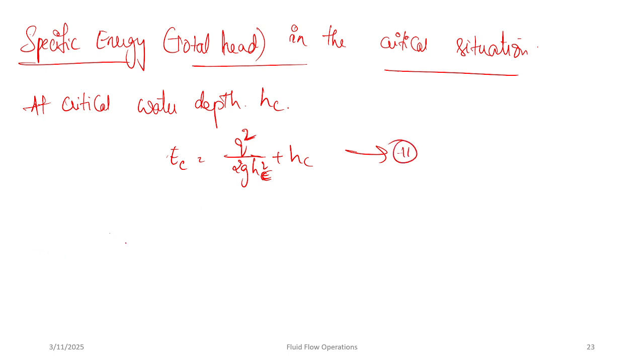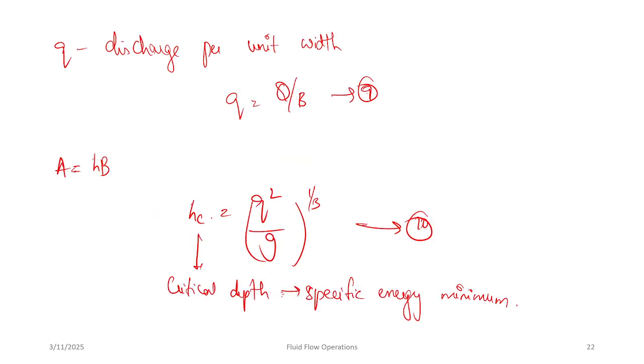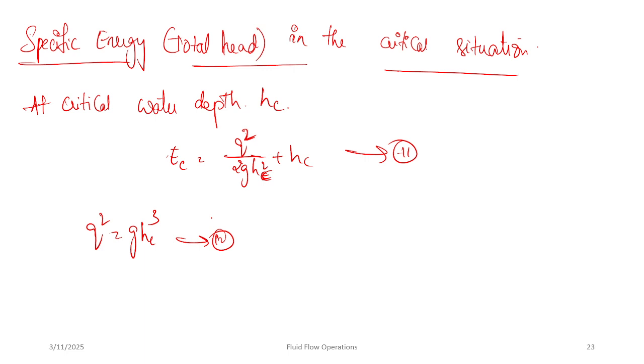And from the previous equation, we also have q square is equal to G into HC cube. That is equation number 12. I'm just changing the variables. So q square is equal to G into HC cube. Okay, so if you substitute, we'll be getting EC is equal to HC by 2 plus HC, which will be equal to 1.5 HC. Okay, the specific energy in critical situation will be 1.5 times the critical water depth. Okay,